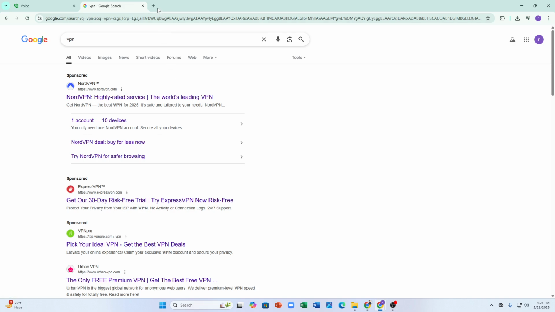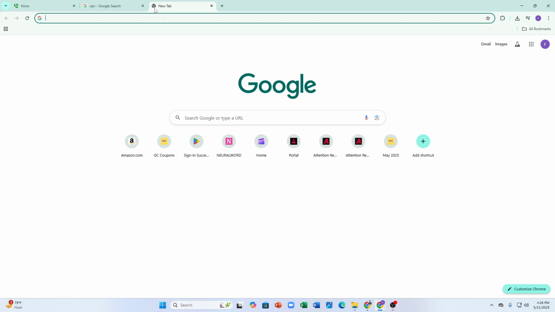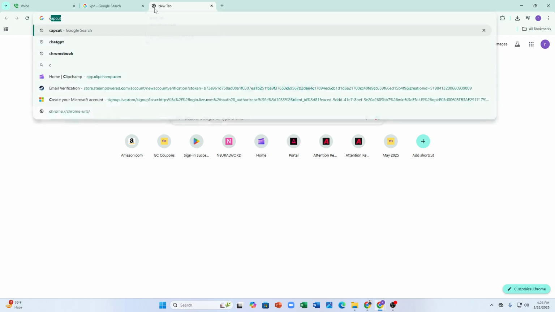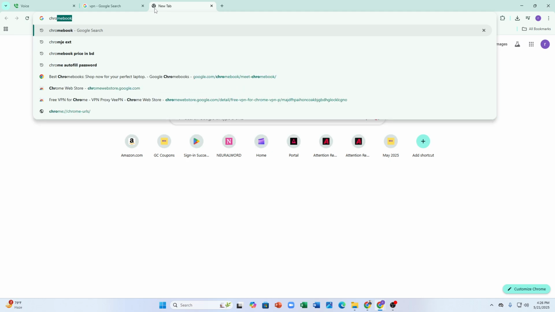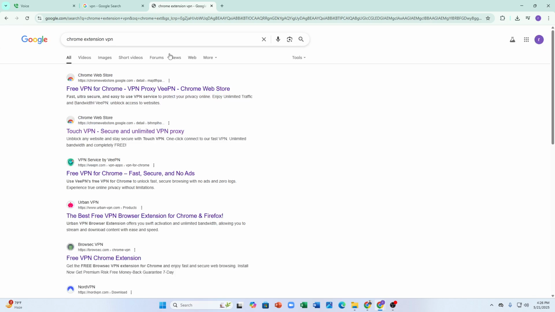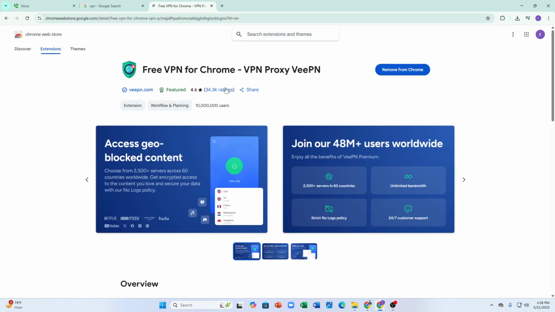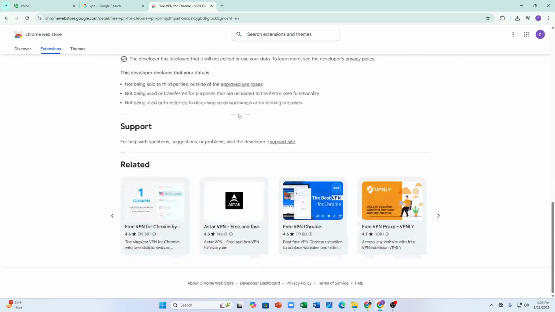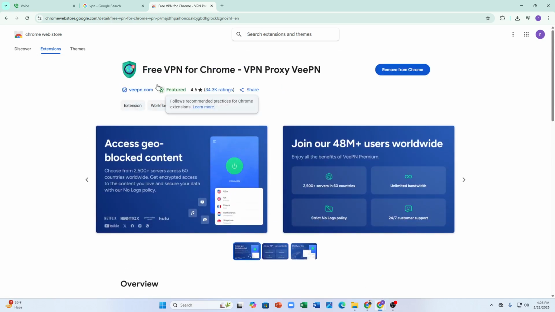And if you are specifically using Chrome browser, then you can just search for Chrome extension and search for a VPN and just add any of them. So I have just added Free VPN for Chrome, VPN Proxy VPN, and after adding it to your Chrome, you